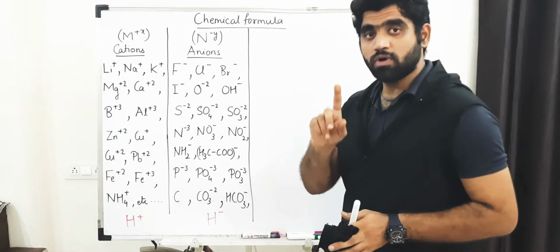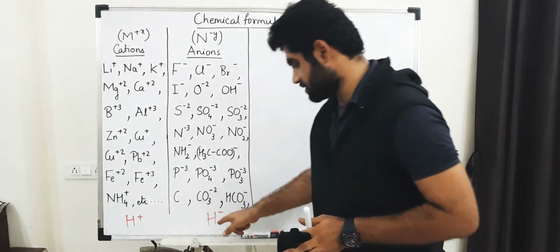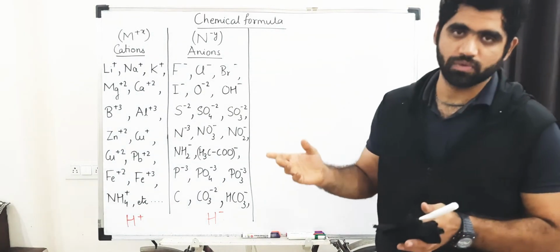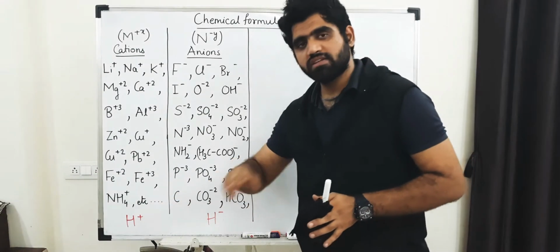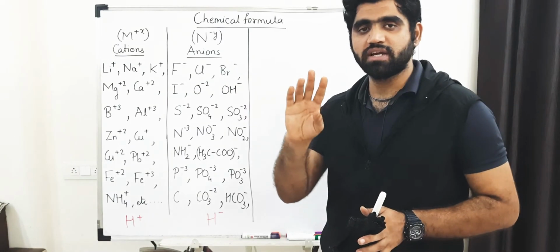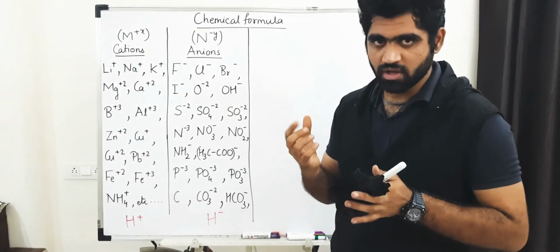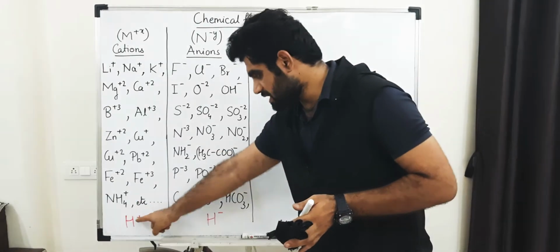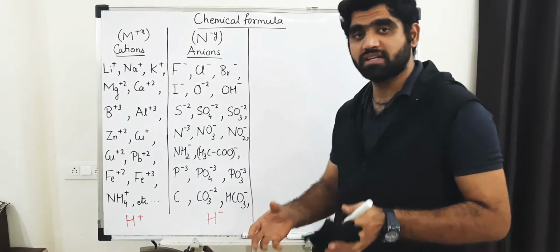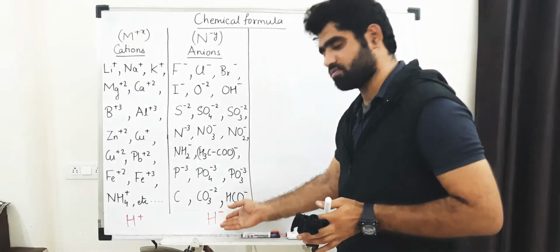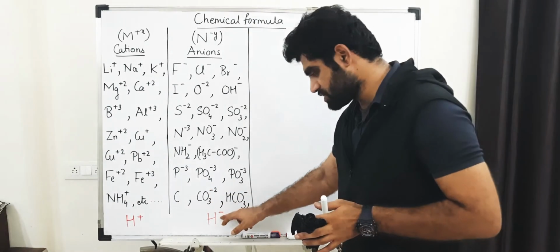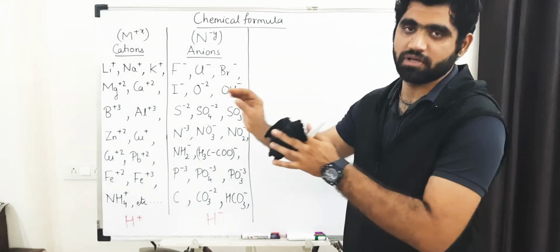You can even see one more exception included here, that is hydrogen. You can see H is present in the cation list as well as in the anion list. We will see how that is. Actually H has one electron in its outermost shell, and the outermost shell has a capacity of 2 electrons, so either it can donate 1 electron or accept 1 electron. If it donates 1 electron, it becomes H plus, and if it accepts, it becomes H minus. Generally it accepts electrons from metals which are more positive than hydrogen. Therefore, this will be the oxidation state of hydrogen only when it reacts with metals.